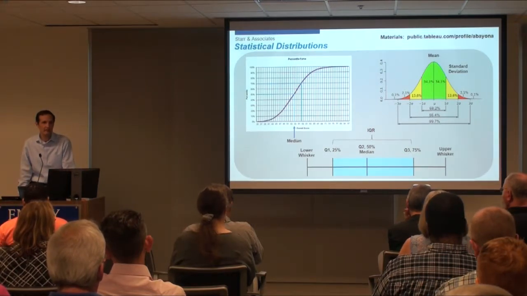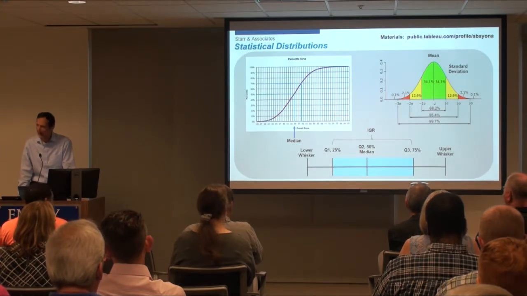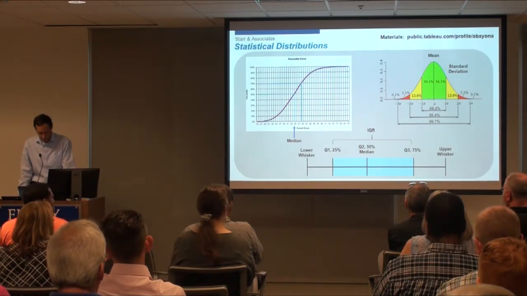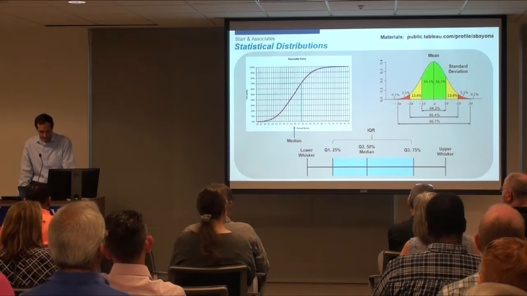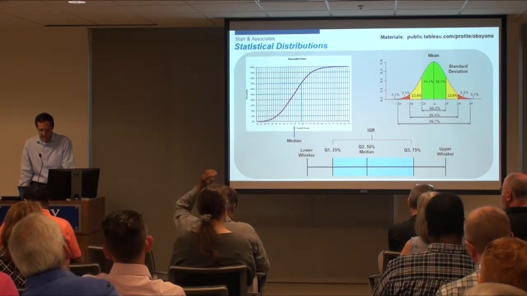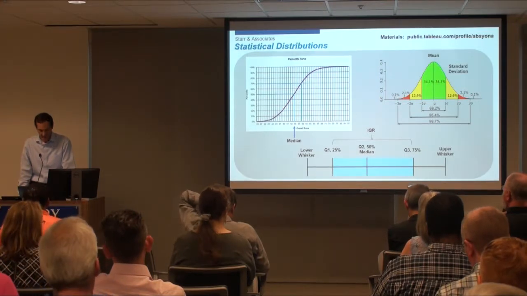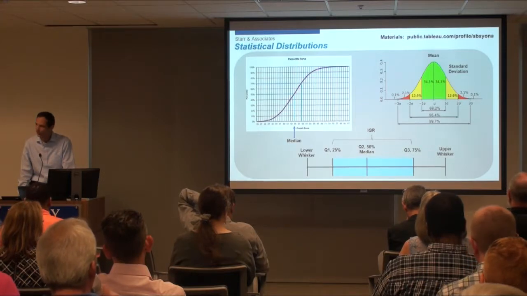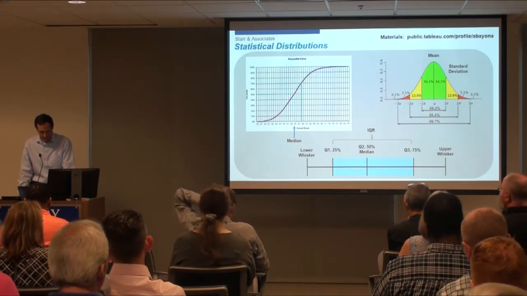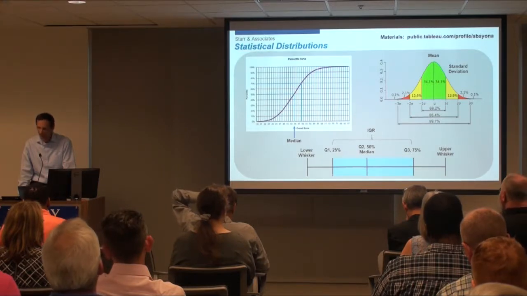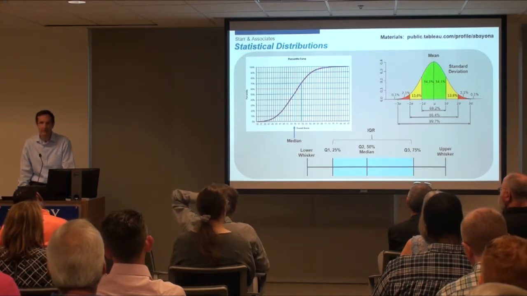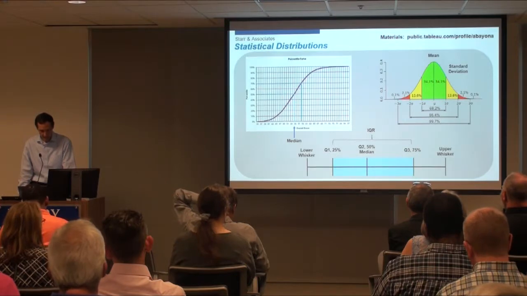Tableau does give us some ability to select different definitions for the whiskers. That's why I didn't put it on here. One of the definitions is the minimum and maximum values, so that's one way we can pick. The other is that they place the whiskers at 1.5 times the interquartile range, which is the IQR, and that is defined as the width of this box, essentially the difference between the third quartile and the first quartile.